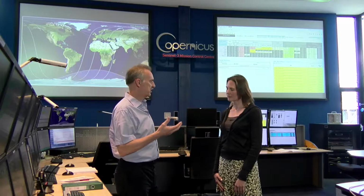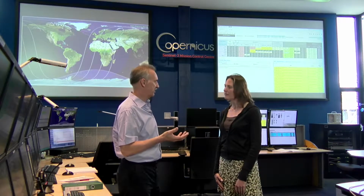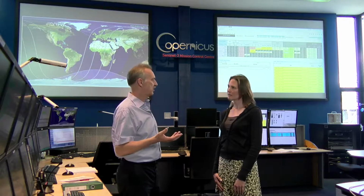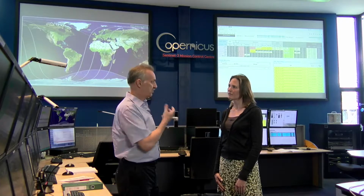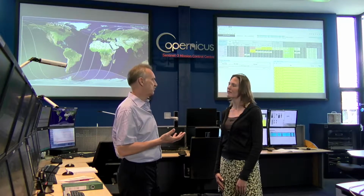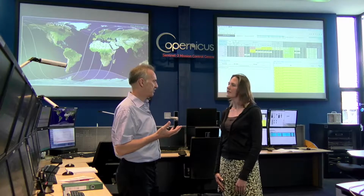For the data processing, we've got a number of environments. We start in a development environment where we just generate the new algorithms and things. We then go into a validation environment or reference environment where we actually spend a lot of time using the operational data from the satellite, pushing it through the systems, making sure that the algorithms are solid, that they produce